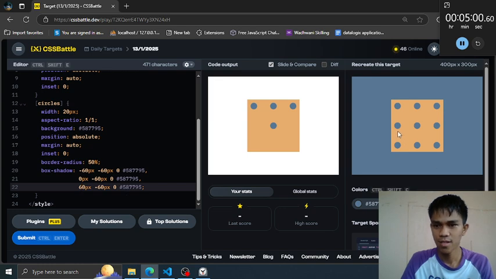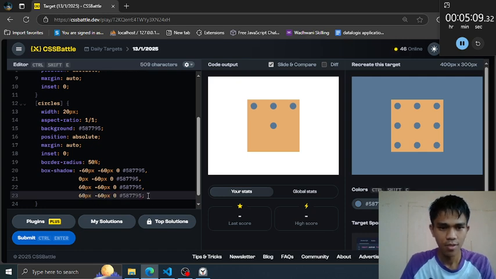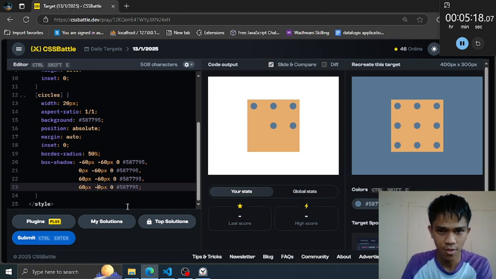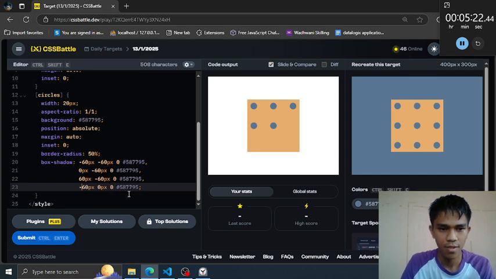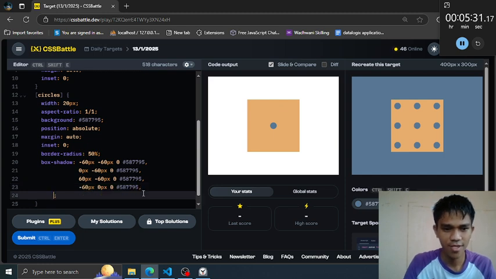Next is the middle left. So, comma, copy this, paste. You can just probably estimate here. So here 0 and negative. Okay. Yeah, you get the pattern now. This is positive 60 because you already see that.